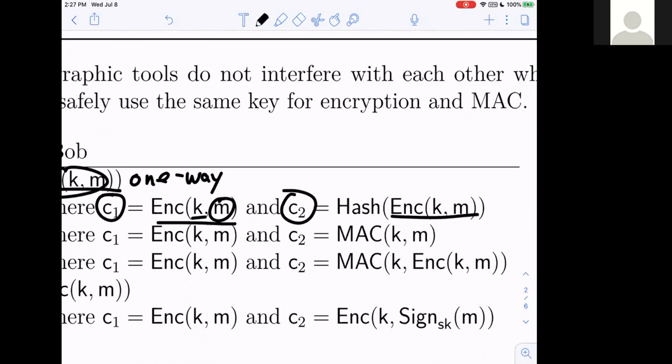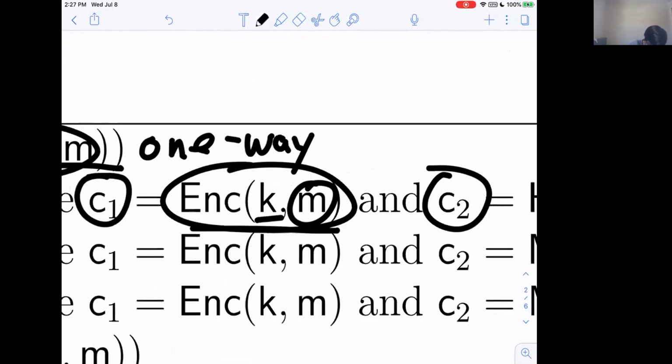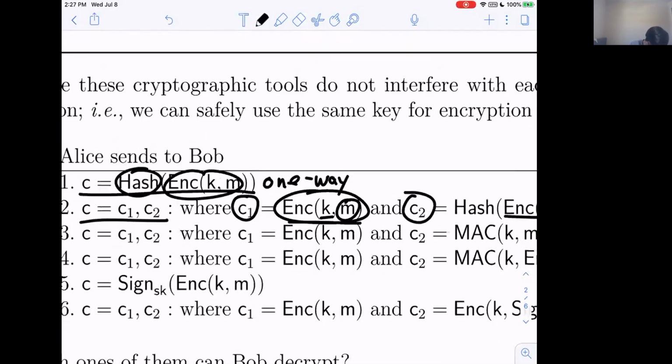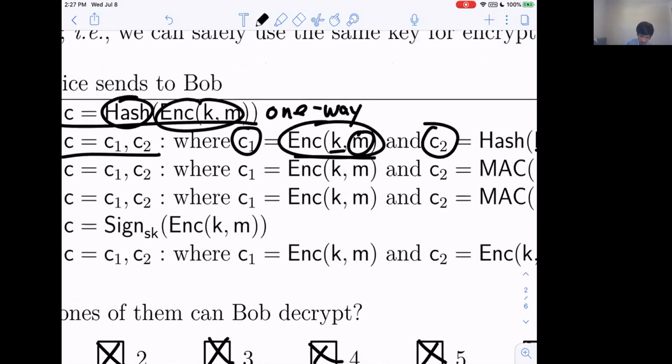Oh yeah. So because Bob has this K and he knows the encryption algorithm, he can in fact decrypt number 2. Just take C1 and decrypt it. Does that make sense? So as long as you can decrypt C1, it doesn't matter what C2 is. Yeah, I think